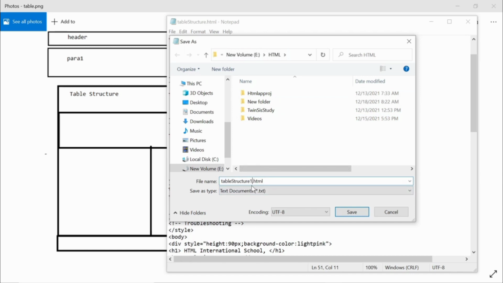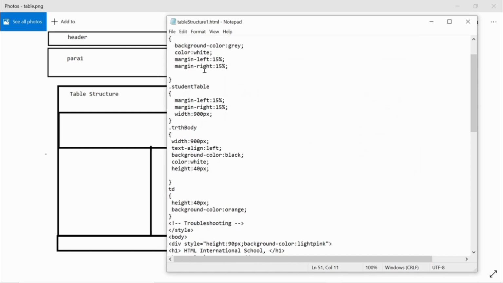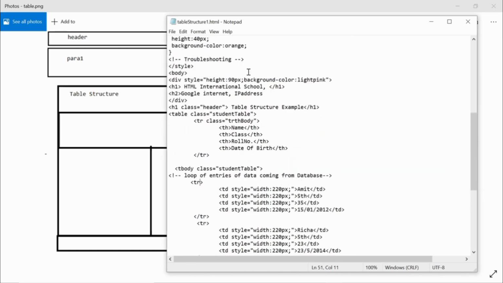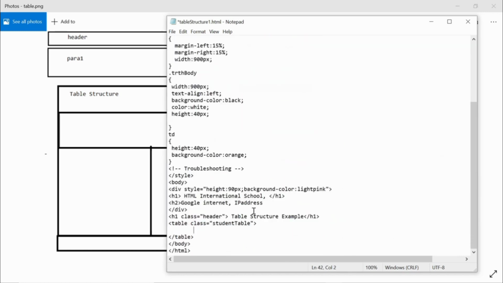So now let's create another HTML to explain this. Let's save it as table structure 1. I'm omitting extra table elements to keep only this structure element. Let's try that in a fresh new file.